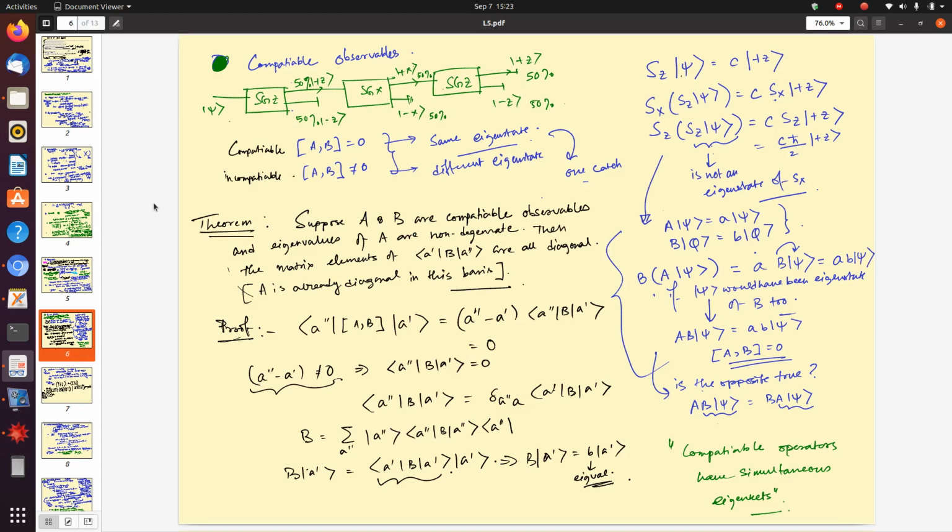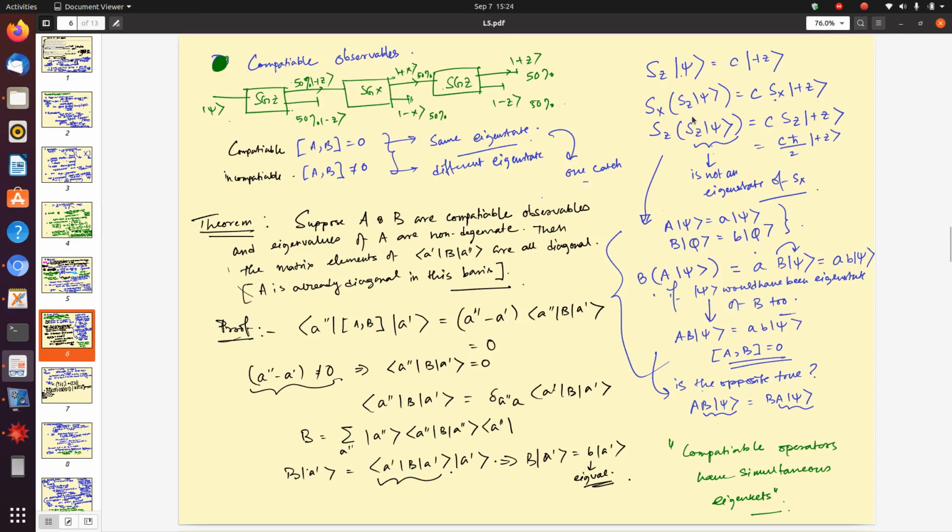And how to account for this peculiarity in this mathematical formalism? So, let us try to look into that and try to generalize it for two arbitrary observables A and B. So, let us look into this observable SZ. I perform the SZ measurement on psi, I get plus Z. That is what this first experiment does. Then I perform an X measurement on that. So, SZ psi is nothing but C plus Z, so acting with SX will give me C SX plus Z. And similarly, you can do the other scenario where both are SZ.